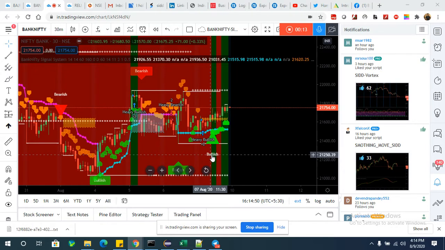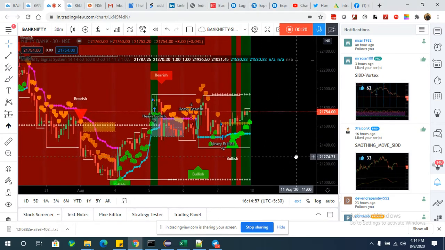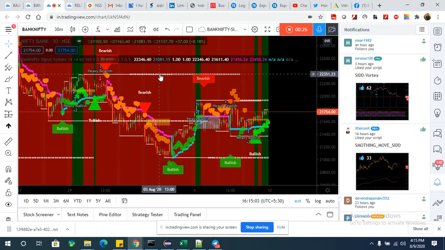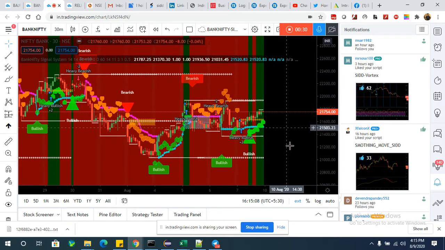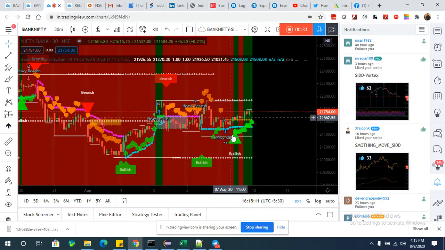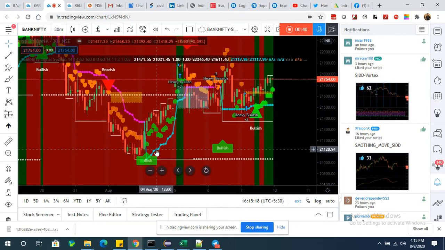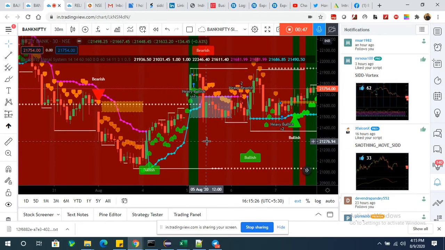So again I am coming with this Bank Nifty signal system because I have updated the code, and after updating the code you will see that a few lines are getting created. These lines are called resistance and support. So resistance lines and support lines. These are the resistance lines, these are the support lines. And we have this stop loss line, as you can see, in sky blue color and pink color, correct? This is the stop loss line.